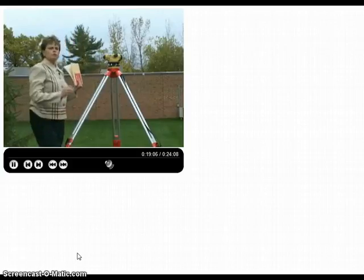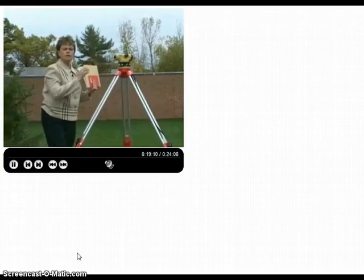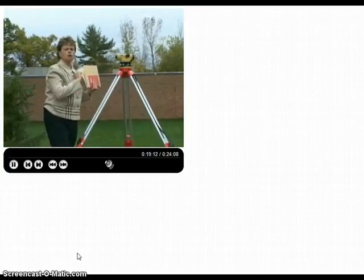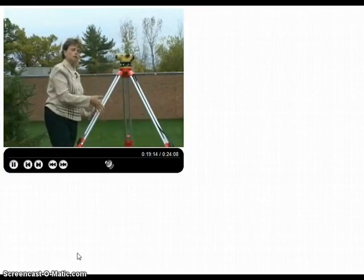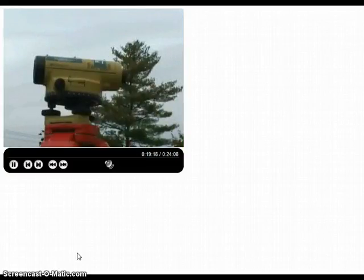If we wanted to, from this point, we can still take other measurements, mark them as different test points, and do the same thing. We just continue to do foresight measurements because we are not going to change our turning point. Now that we're set up, I'd like to quickly show you how to use an auto level's